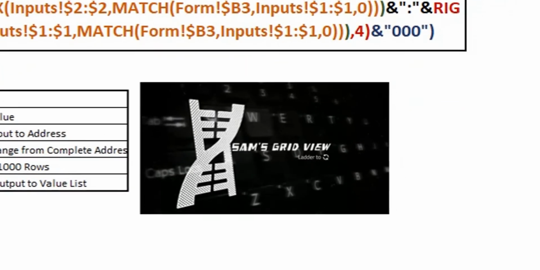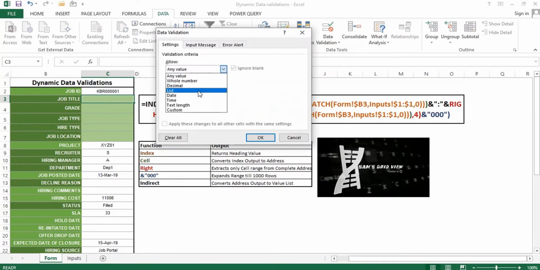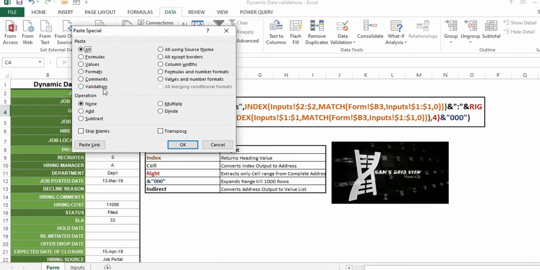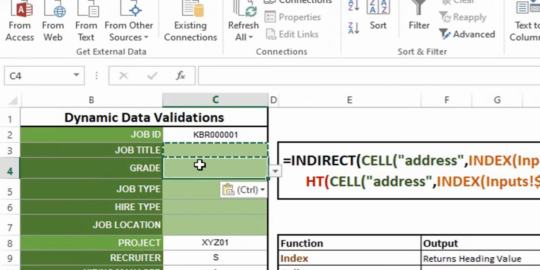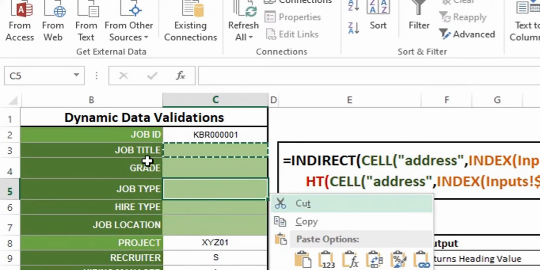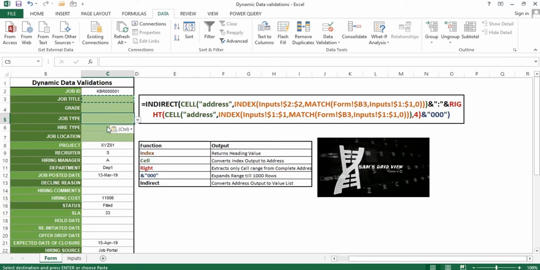In this video, I will explain the difference between a manual data validation and a dynamic data validation. And also that a dynamic data validation is not going to be done using a name range or even the offset concept. No, it's going to refer to its data validation list completely based on its column name or field header. Okay, so without any delay, let's get started.